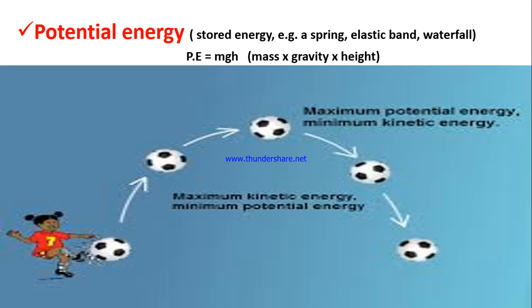Right, and the other one we're looking at is potential energy. Potential energy, of course, is stored energy. So kinetic was motion. Potential is stored energy. So the energy basically found in a spring, elastic rubber band, water at the top of a waterfall before it begins to fall is considered to be potential energy. Right? So it has the potential to do work. Right? And potential energy is calculated as mass multiplied by gravity. G is gravity, which is acceleration, and then of course by the height. Right? As you can see,